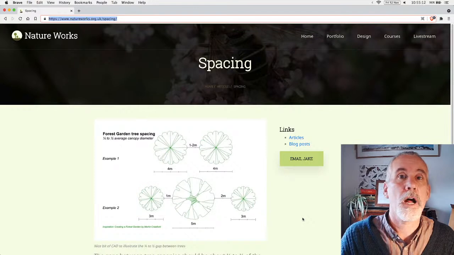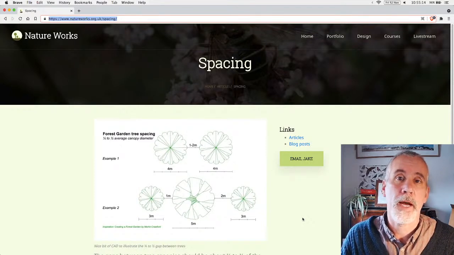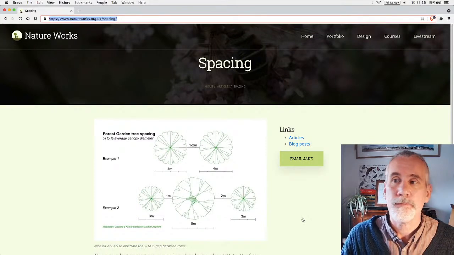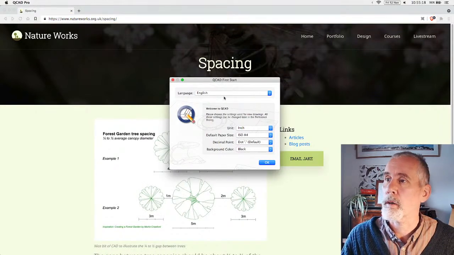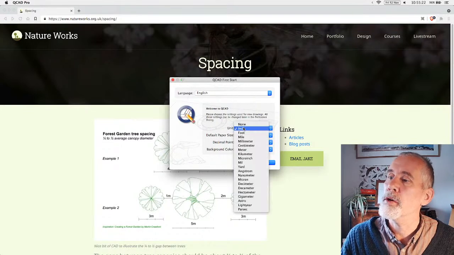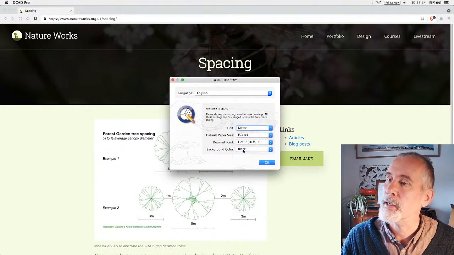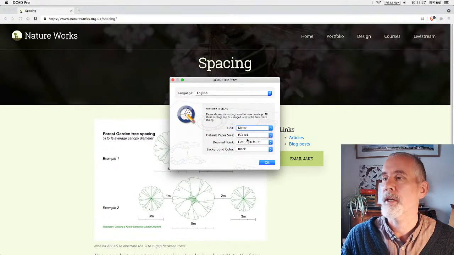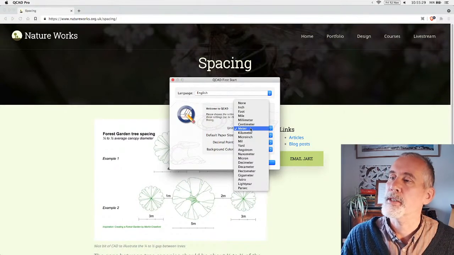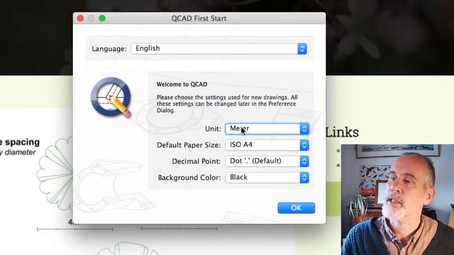So what I'm going to do is start right from scratch, from when you download CAD, and you come up with a dialog box which says welcome to CAD. The unit you want to have is meter, paper size A4. You can always change this later on, but the unit being the meter, that's the most important part,